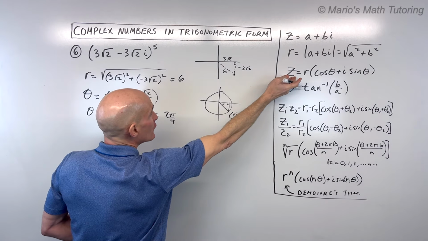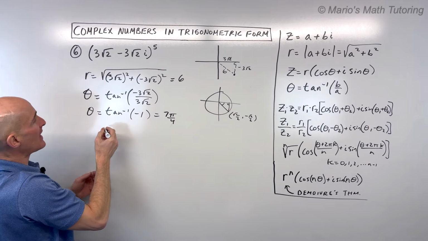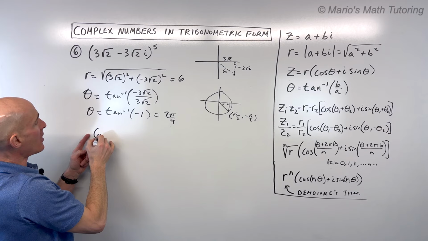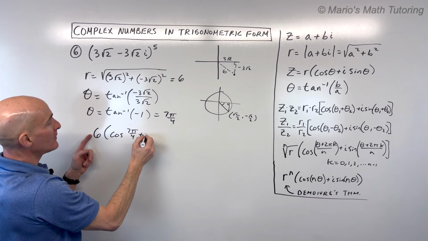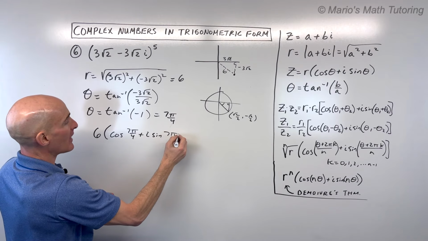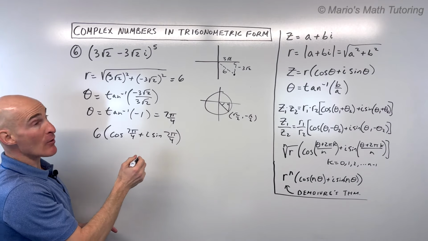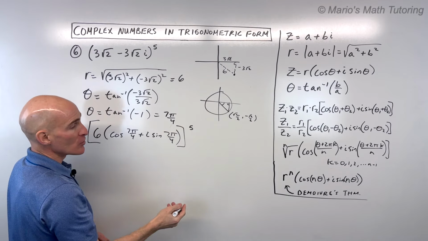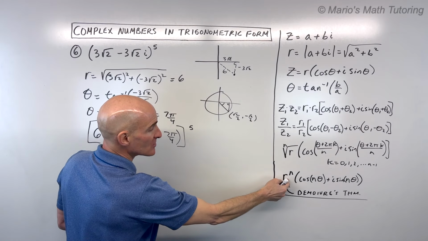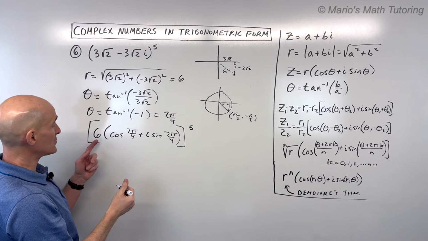So in trigonometric form now, this complex number is actually written like this. It's our r value of 6, cosine of 7 pi over 4, plus i sine 7 pi over 4. Okay, but now we want to raise this to the 5th power. So using DeMoivre's theorem, we take that modulus, that r value, to the 5th power, so 6 to the 5th